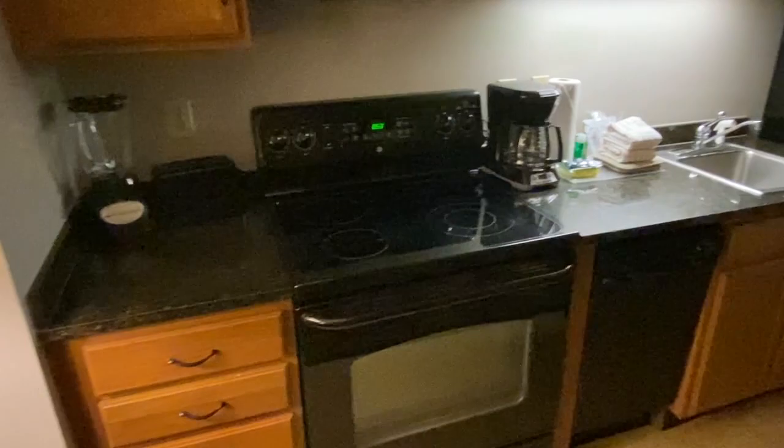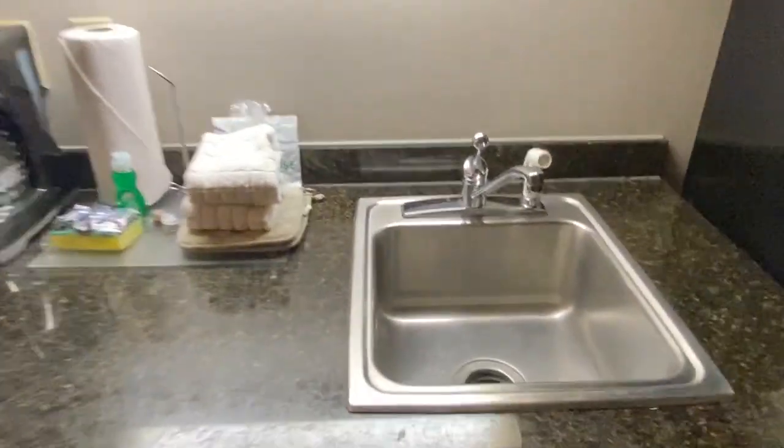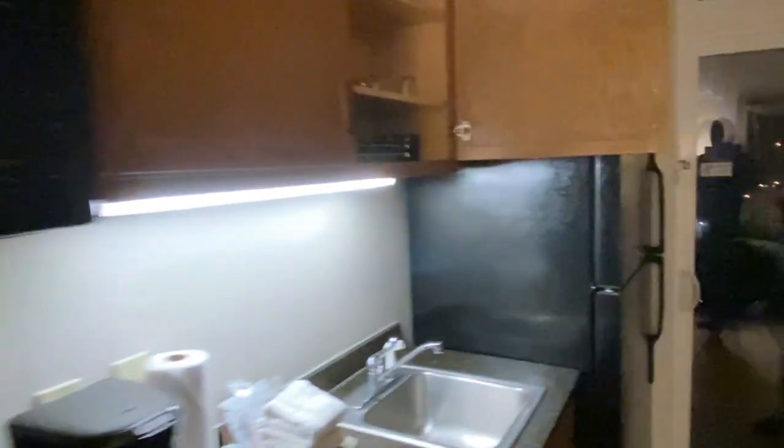It has a stove, a full refrigerator. We actually have a refrigerator, I think, perfectly identical to this in our garage back at the house. There's a sink, dishwasher, and the cabinets are fully stocked. We are going to be staying here, I believe, 8 days, 9 days maybe. Pots and pans. We have a beautiful view of Gatlinburg outside on the balcony, and I'll show you another clip